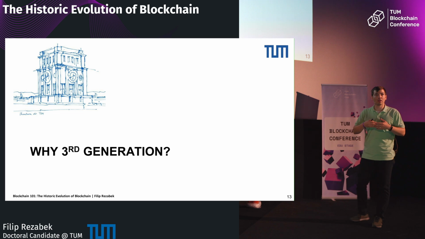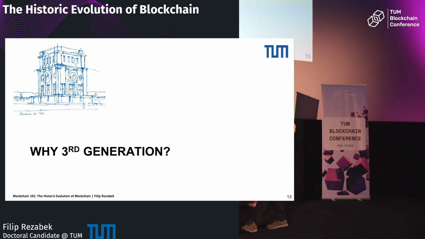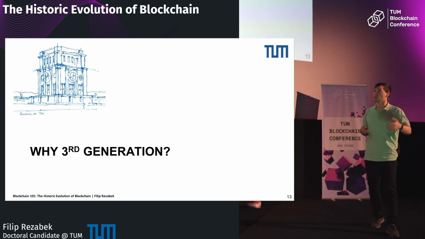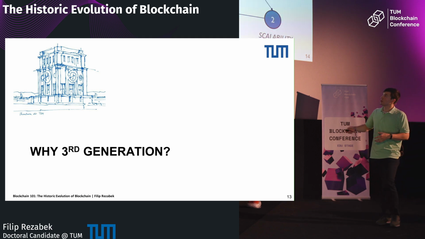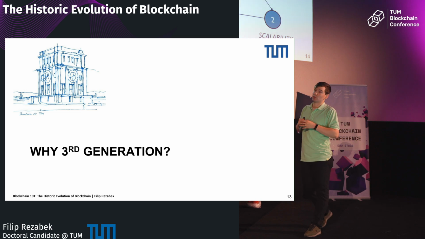Because if we want to have mass adoption, this is something I'll be talking about later on, we want to make sure that thousands of people can actually interact with the system for not too high cost and ensure that the system actually scales also with the number of users and number of interactions with the system. And this is basically why we have the third generation of blockchains, which in general try to solve the so-called blockchain